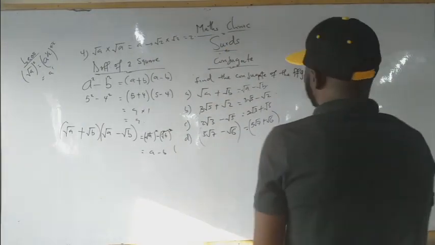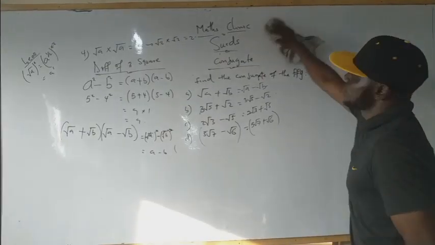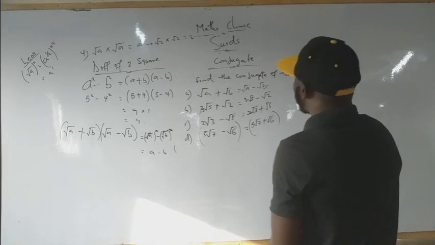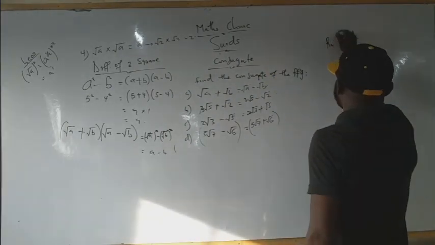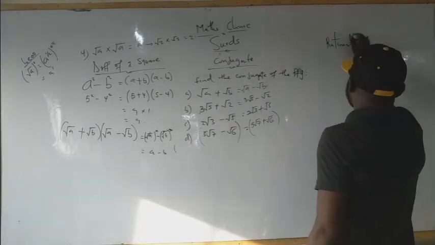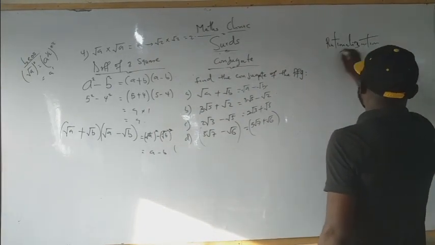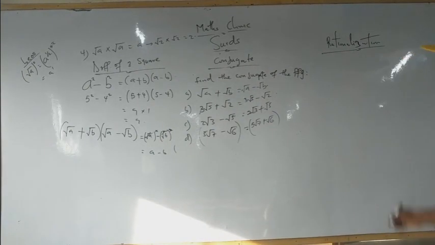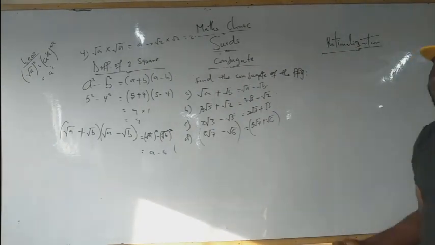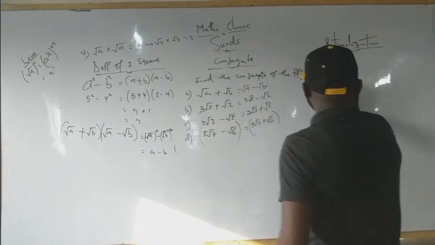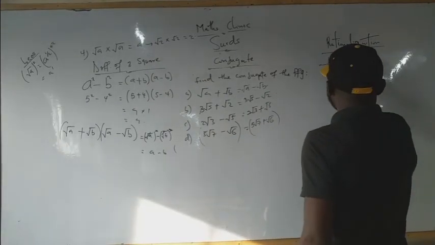Just take notes. So let's quickly move to the last part, which I call rationalization. Rationalization of surds. So let's say for instance that we have 1 over